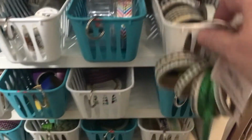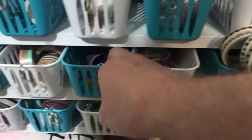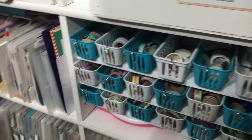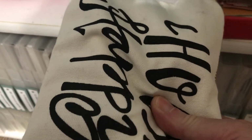I have some down here that are Stampin' Up! These are Halloween themed purples. Those were Paper Studio. So I'm going to label these, and then I'll have those. And then down under here I have, this is my,